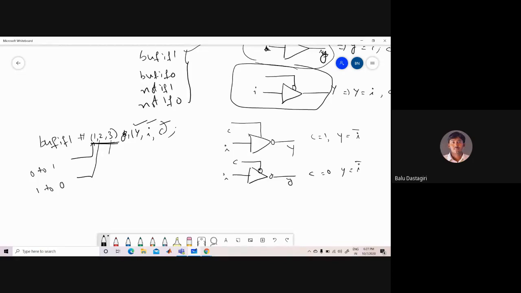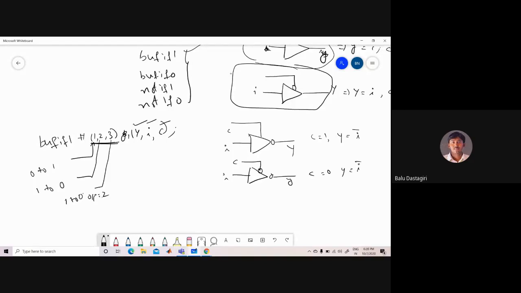The last one is the delay for the output to go to the high impedance state. Whenever the conditional input changes from 1 to 0, the output goes to Z, and the delay associated with the output going to Z is 3 time units. This is how you can specify it.